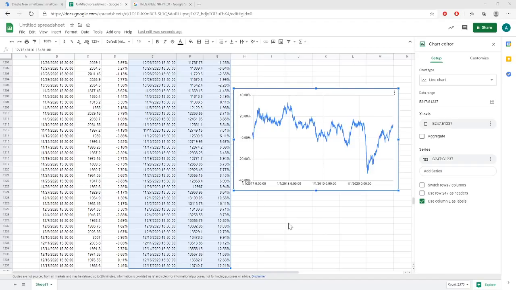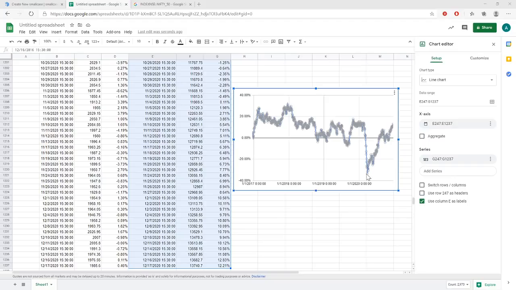Now, if a person had invested at any point of time during this particular period and had held it for exactly 1 year, they could have made anywhere between plus 30 odd percent and minus 35%. So, anything could have been possible. Now, this is called a 1 year rolling return. Ideally, you would not want to see such a dip. This is the coronavirus dip that we saw in March. You would not ideally want to see such a dip.